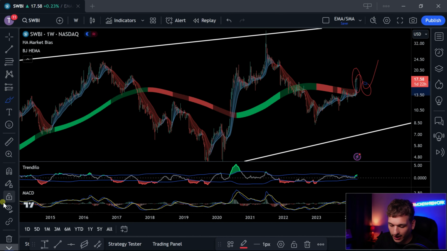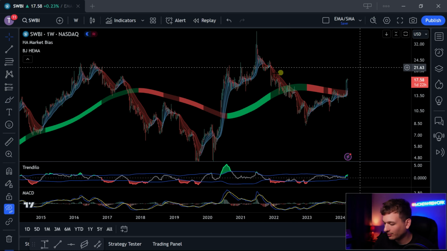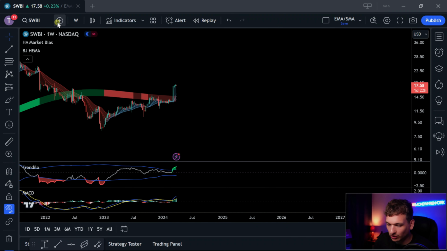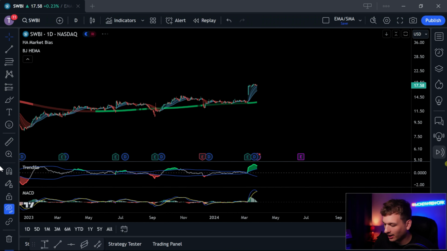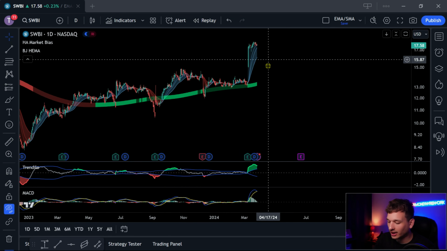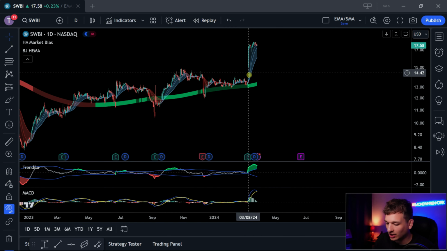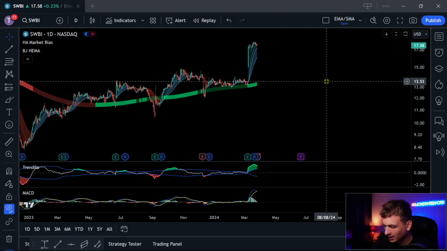So we are going to hide these drawings for a second. Whoops, fix that. There we go. So if we drill down to the daily, we could probably see a little bit more accurately where that would be. Turn the auto on, and you can see it most likely would be where the HA market bias indicator is on the daily. And if we look at that, that is anywhere. Now we're going to give a range, okay? Because just because it doesn't hit 1346, which is what the bounce off of the daily would be,